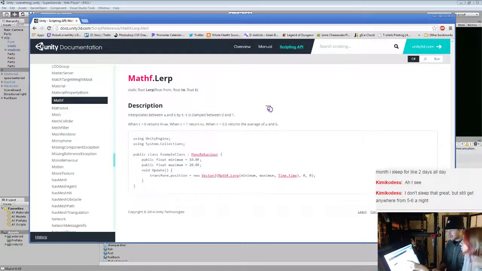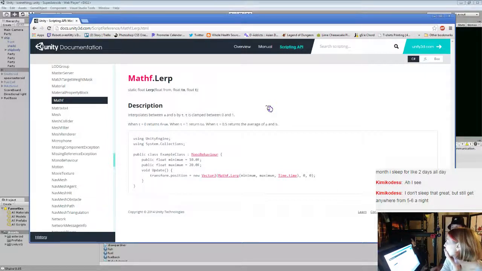When it equals 0.5, it returns the average of A and B. And if you put it at 1, it will be B, or the 2. If you put it at 0, it's the first one. So, super useful in giving it a range to go between, right? Can you do like 0.2? Or does it only work with 0, 0.5, and 1? No, it can be anything. Okay, just making sure, because it had very specific